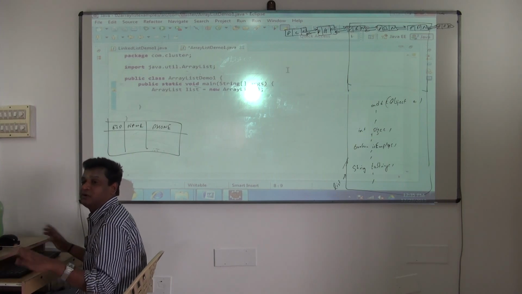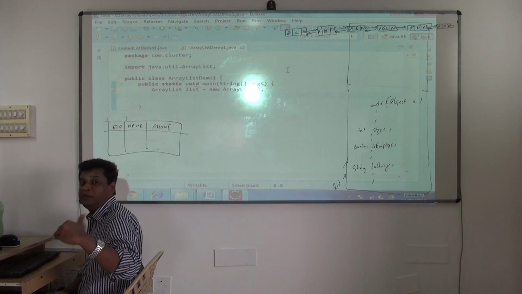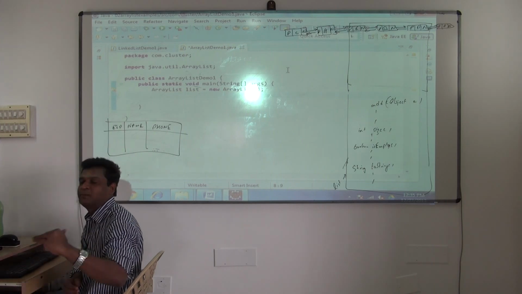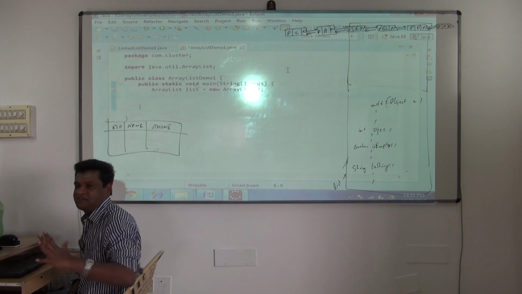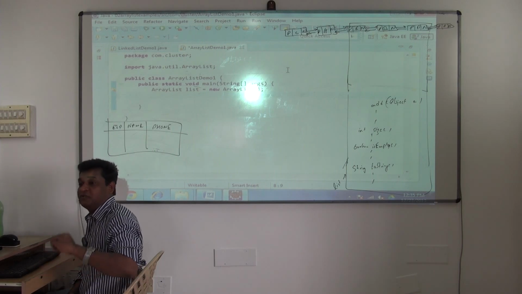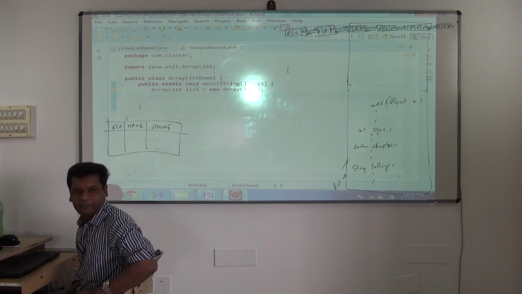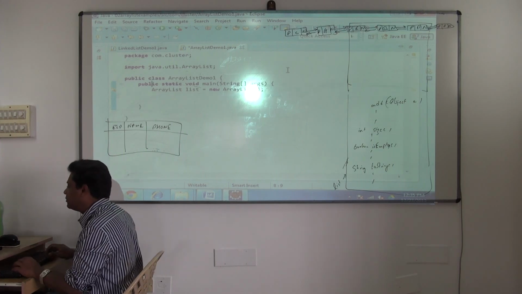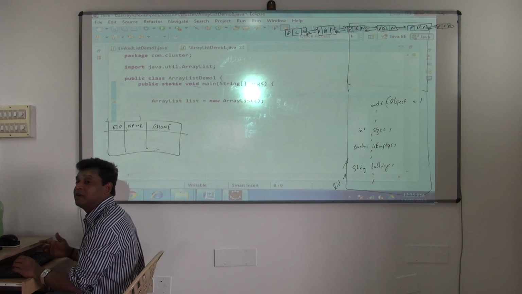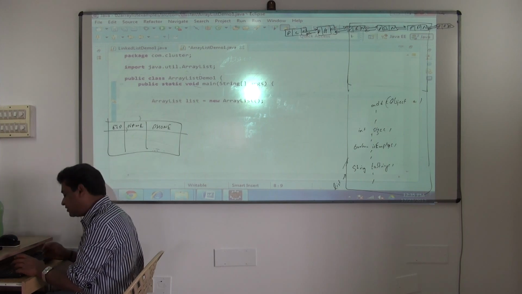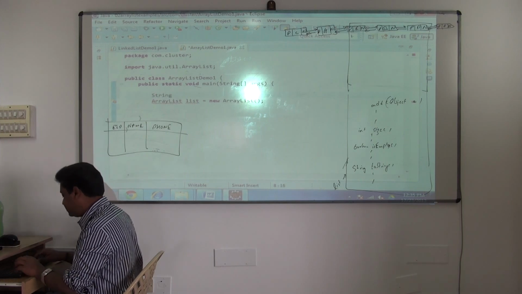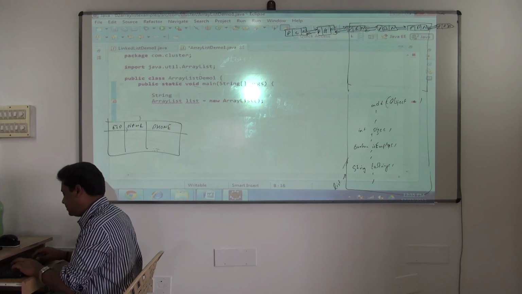Means you can store the values in what now? Array. See, there's a difference between primitive array and array list. But both are supporting which structure? Array structure only. But this is very powerful as compared to your primitive array. You know your primitive array now. If I want to store an array of strings, how do you write? String